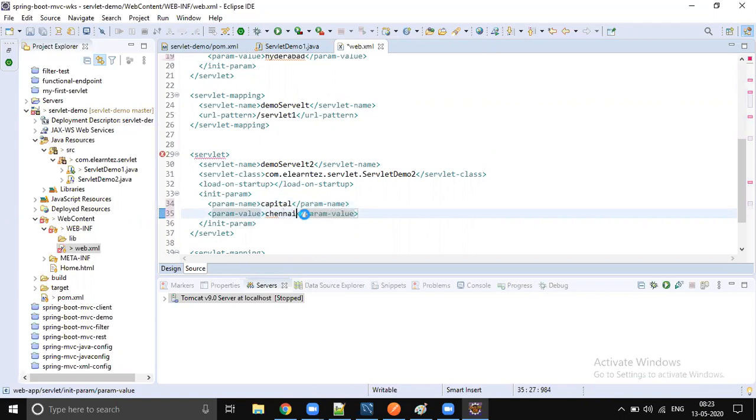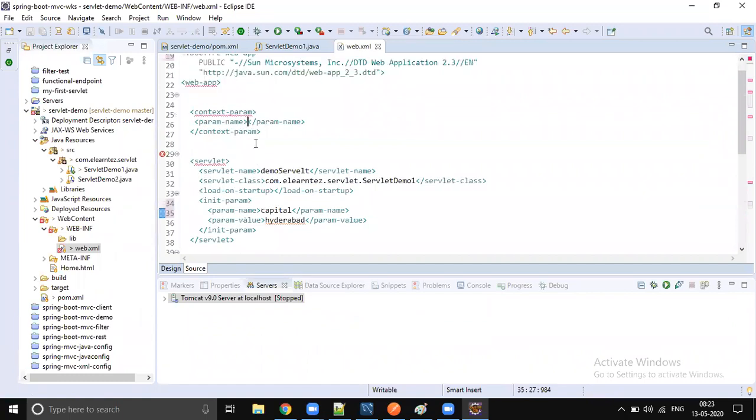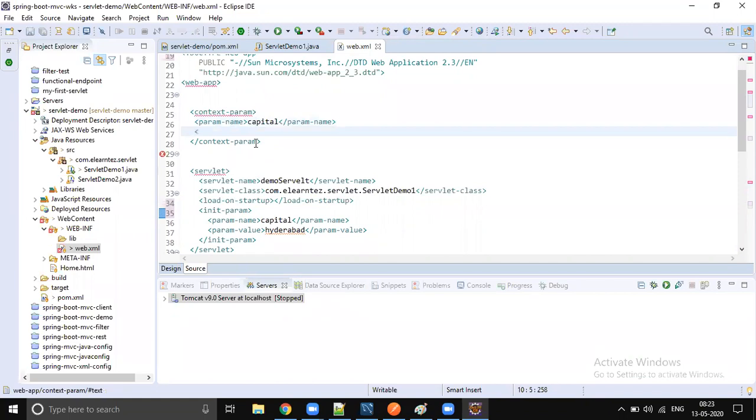So this is context param like country capital, right? So capital, param value Delhi. Okay.